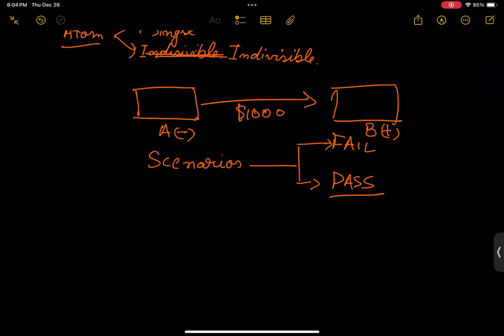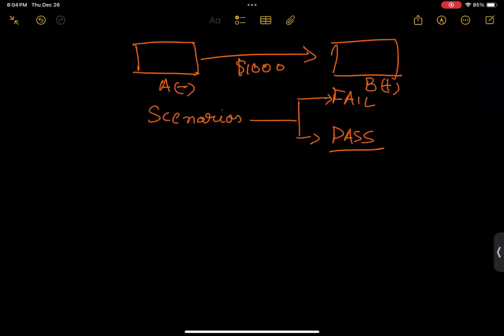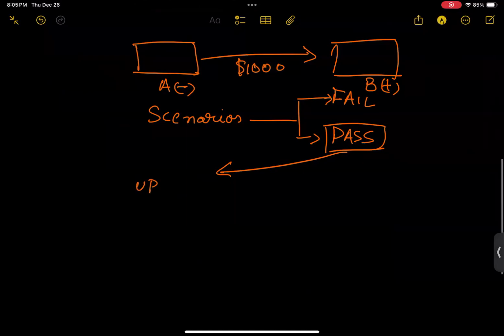Right, correct. Okay. So basically, in the background, if you look at what is happening, can you tell me what is happening in the background? Basically, one database is deleting some data. So basically, this is what is happening. There is an update statement which is doing a balance of say